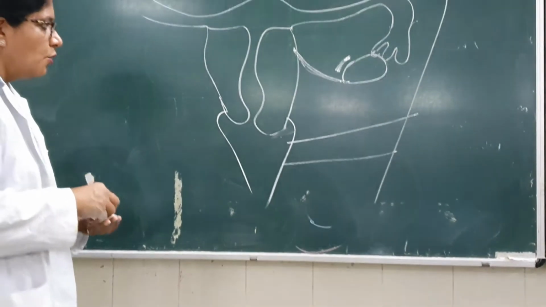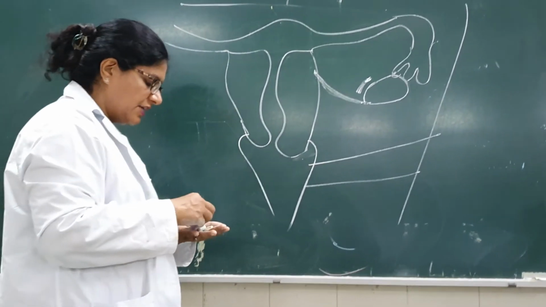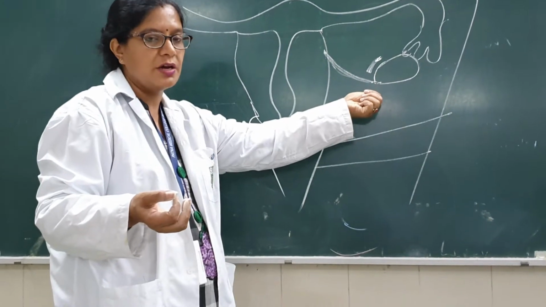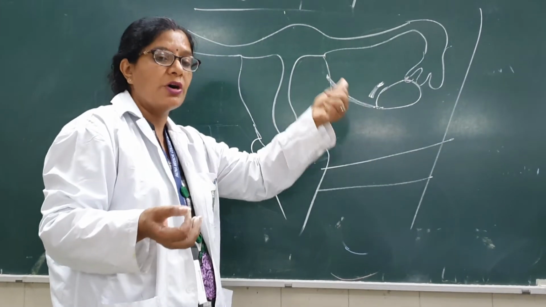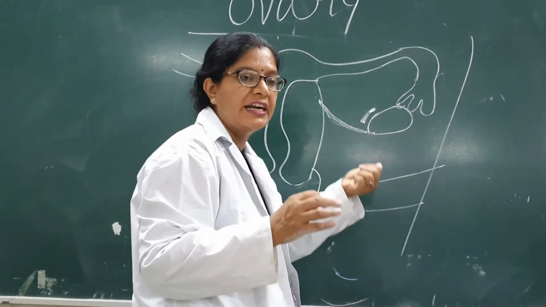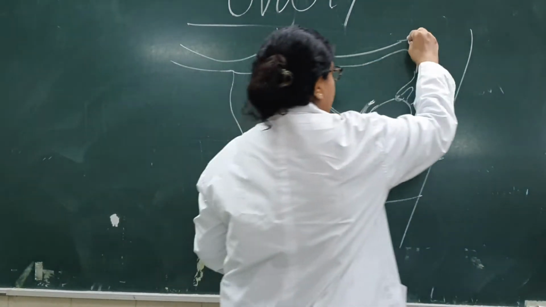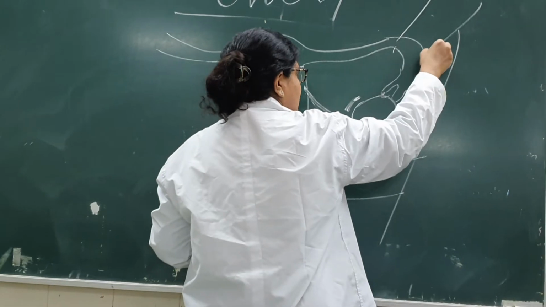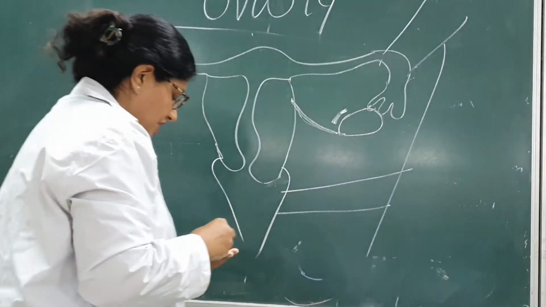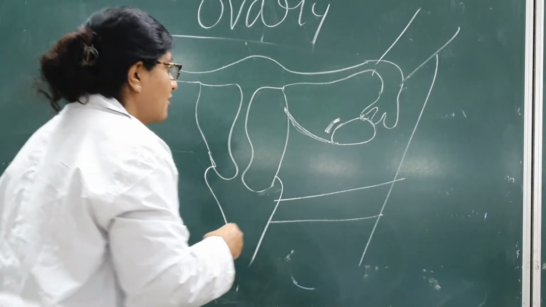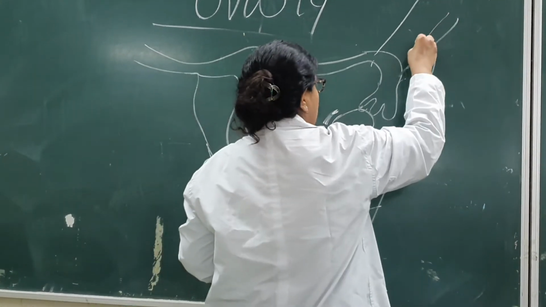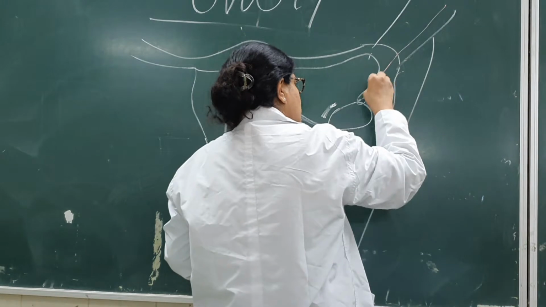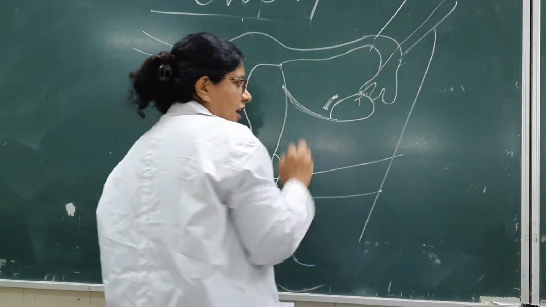So now blood supply. There will be two ligaments. One is your ligament of the ovary, which is coming to the lower pole of the ovary. Now the other ligament will be your infundibulopelvic ligament. So this is the infundibulum. From the infundibulum to the pelvic region there will be one ligament. That infundibulopelvic ligament will give rise to the ovarian artery. It will come through this and it will reach that vein.